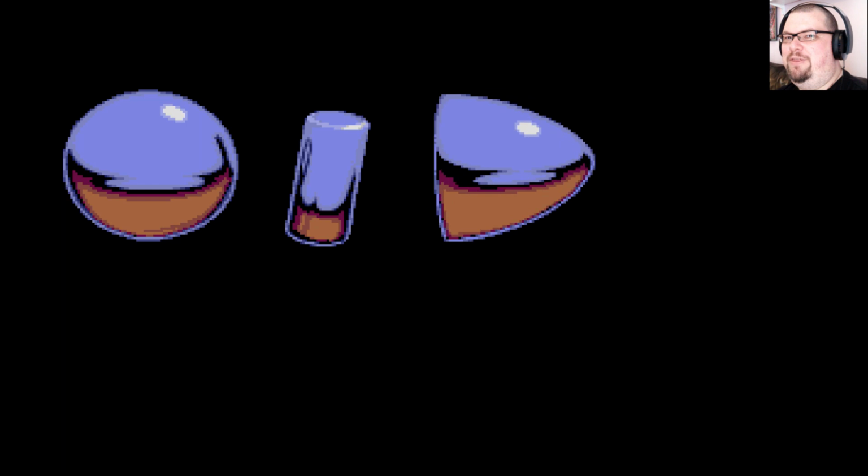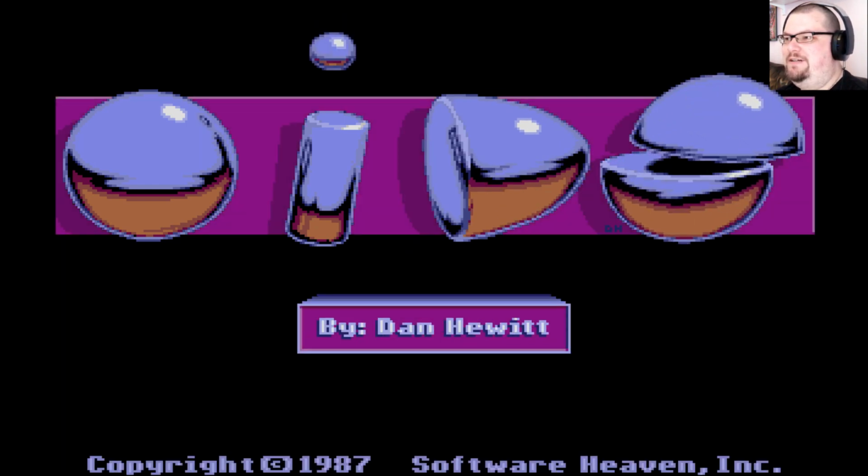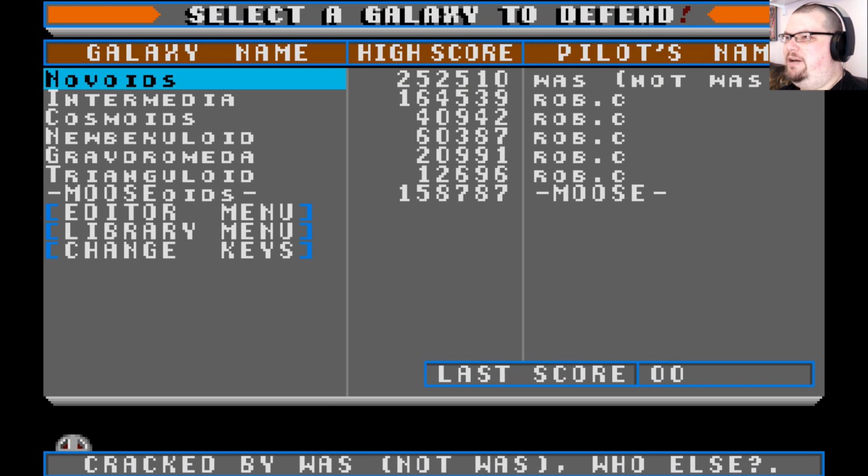Okay. Here we are with Oids from FTL, published in the UK by Mirrorsoft, by Dan Hewitt. As I said in the intro, I was never hugely fond of this game growing up, but that was mainly because I wasn't very good at it. But I recognised that it was very well known and well regarded, and it's considered to be quite a cult hit in the UK these days. So, it's probably a good idea to